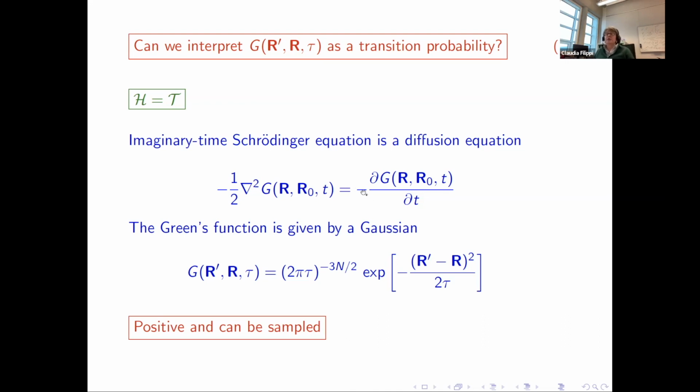That's a diffusion equation, and you can convince yourself easily by taking the Laplacian of this function that the solution is a Gaussian. And you say, oh great, that's a Gaussian, it's positive. Surely I can grow from R to R prime by sampling a Gaussian. So I'm doing well.